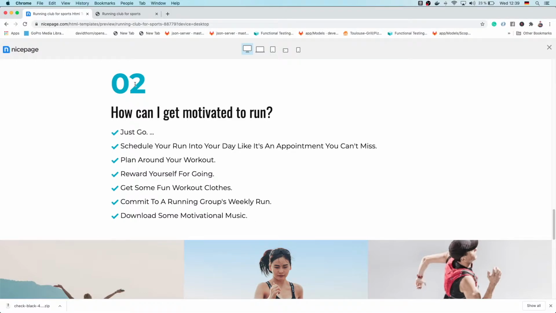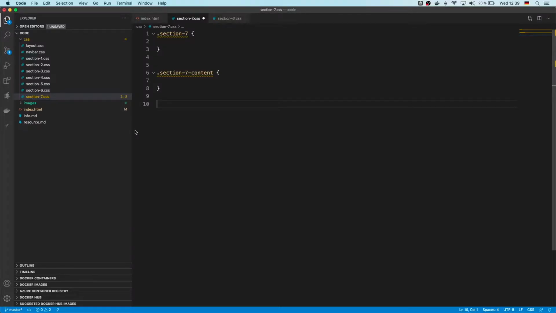So we've got title, subtitle, list is the main thing, and then the list is full of items. So let's create that first. And also this box that sits in the middle is going to be our content. So content, title, subtitle, list, list item. So section 7 content, section 7